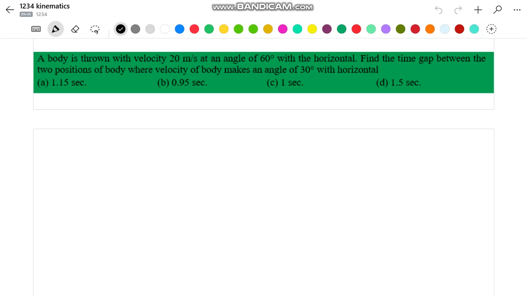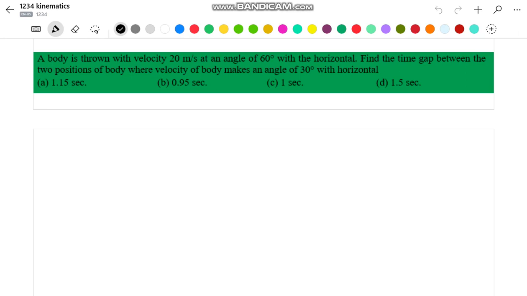Hello friends, in this video we will discuss a problem based on projectile motion. So in the question it is given that a body is thrown with a velocity of 20 meter per second at an angle of 60 degree with the horizontal. Find the time gap between the two positions of the body where velocity of body makes an angle of 30